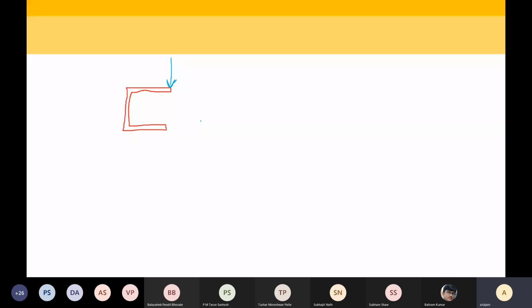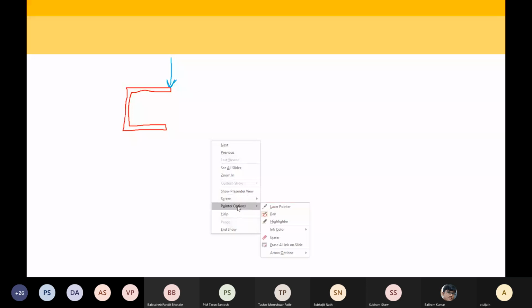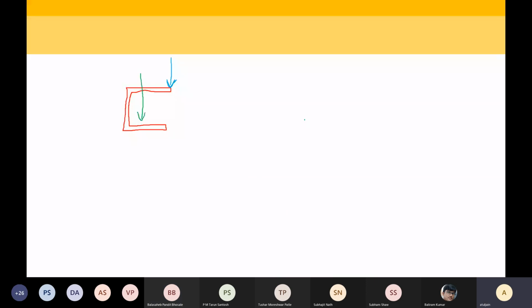I'm applying bending load, but it can still twist. Now, to avoid the bending twisting, what do I have to do? What should my load pass through? Shear center. So maybe it is like this. Now, let us imagine I have an aeroplane wing or any other practical application.